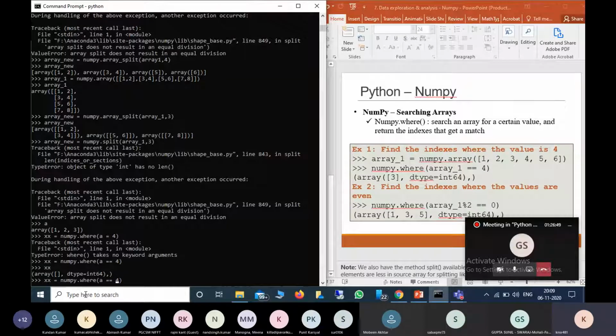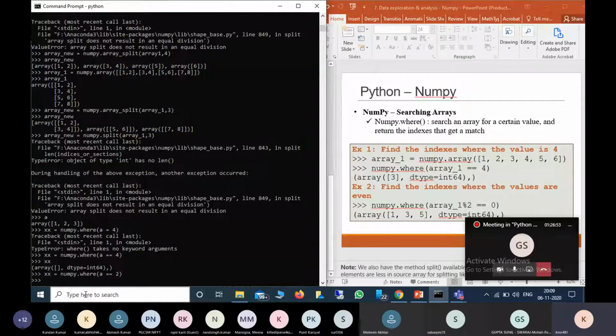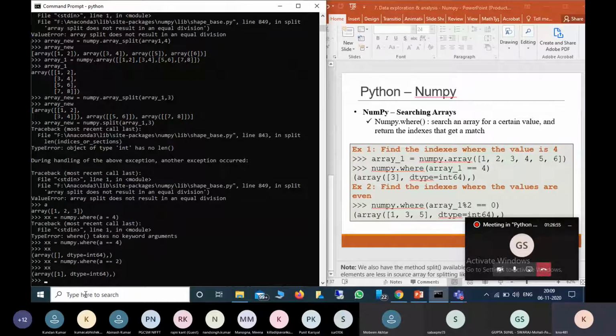If I put 2, it will give an array of 1, meaning position 1 has the element 2.